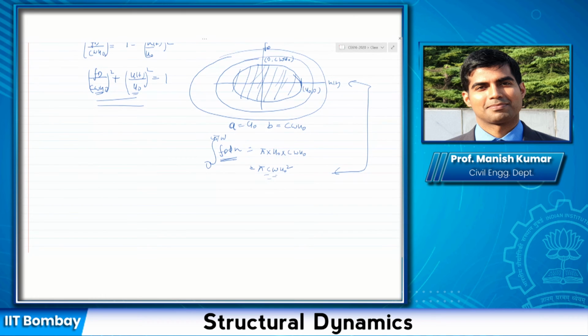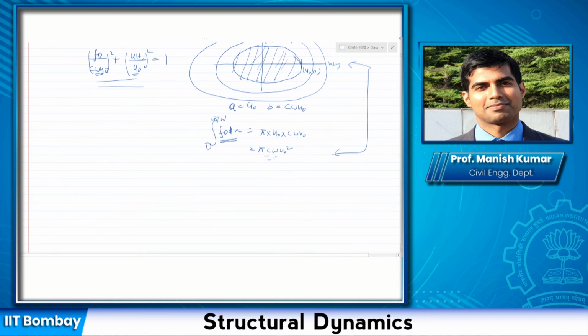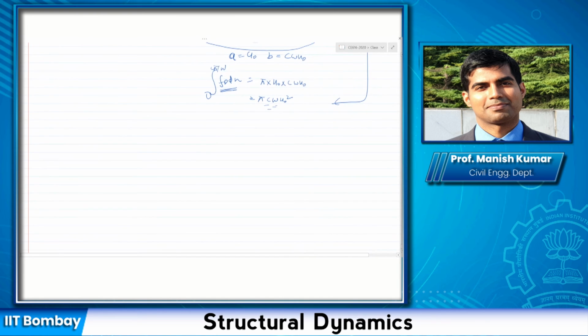Now, I had told you in the very beginning that viscous damping is nothing but an approximation. The actual energy dissipation mechanism in the system might not be viscous. It might be some other type of energy dissipation, but mathematically it is convenient to represent all those energy dissipation mechanisms as a viscous damping mechanism. So one of the things that often comes up that you would need to use is called equivalent viscous damping, which we had discussed. What it means is that the actual behavior is not linear viscous damping. Actual behavior is something random.